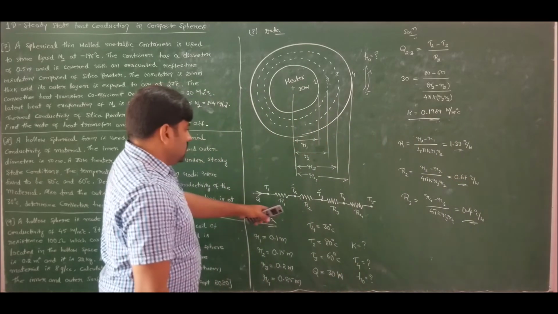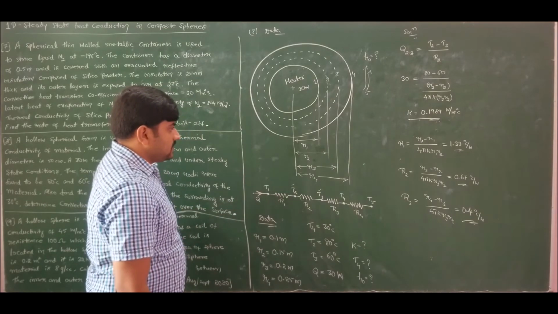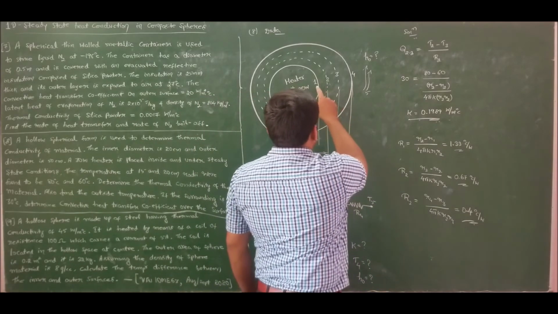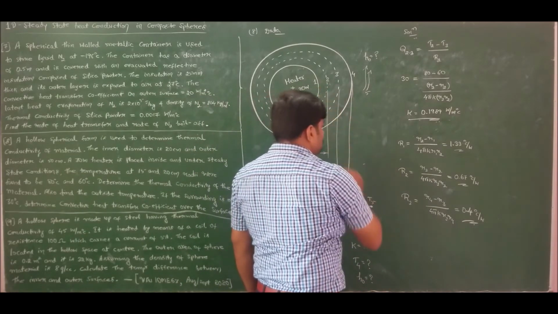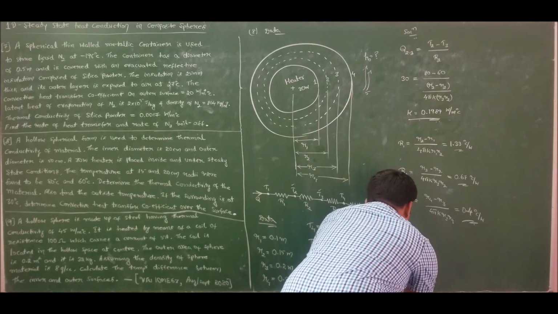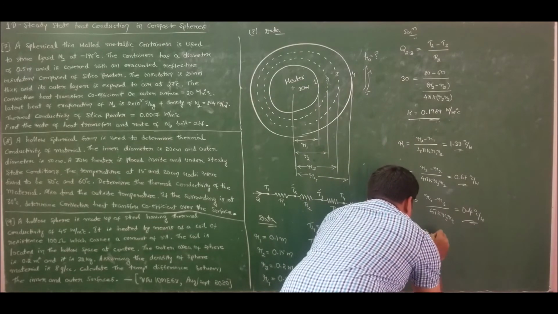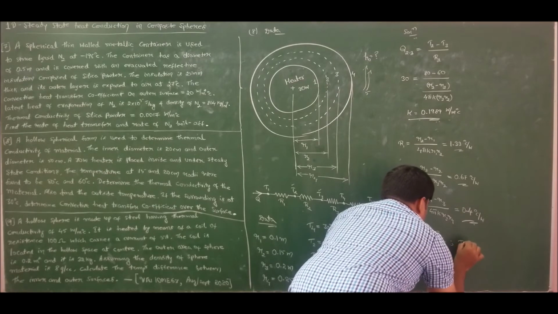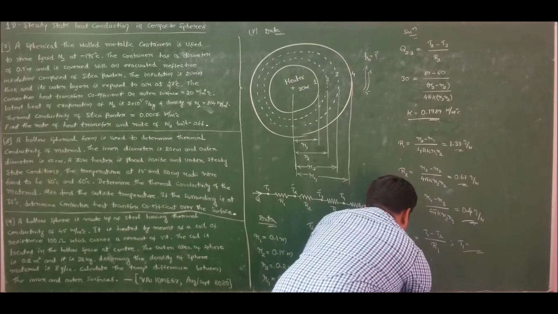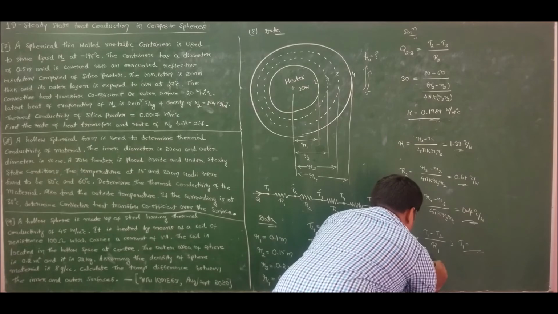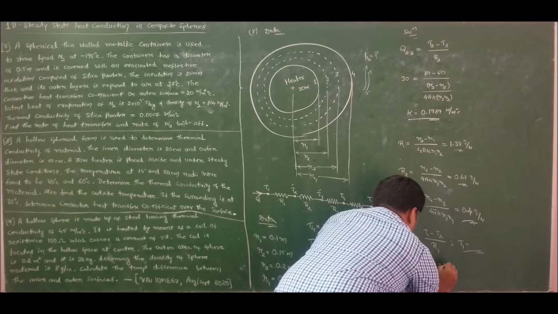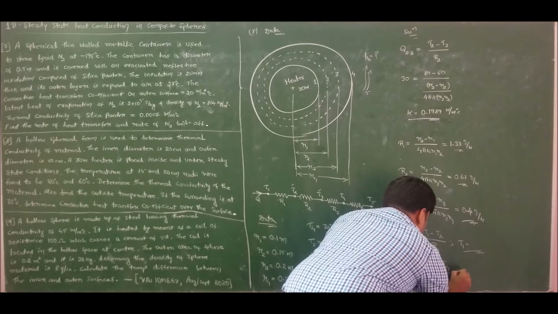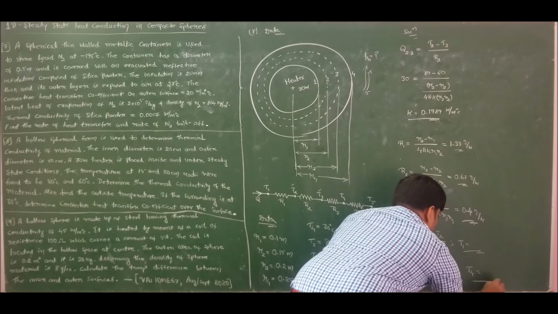We know the three resistances. Now, with the help of this, I can find the values of temperatures T1 and T4. If I do heat transfer analysis between 1 and 2, I will get the answer. Q1 to 2 will be (T1 − T2) / R1, so find the value of T1. Similarly, Q3 to 4 will give us the value of the unknown temperature T4, divided by R3. So find the value of T4.